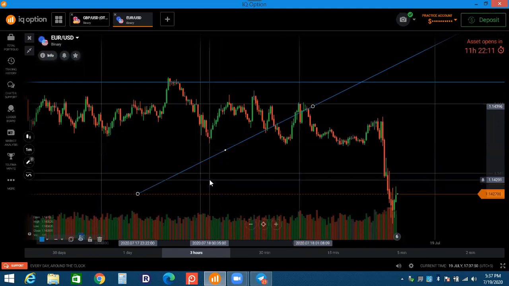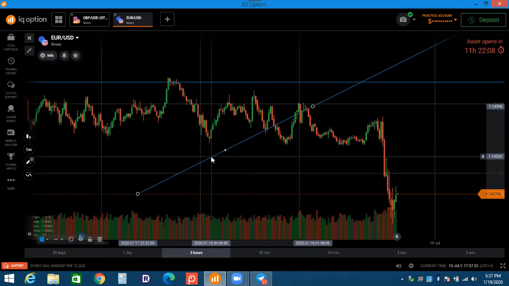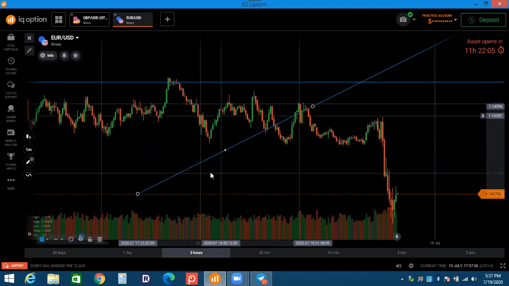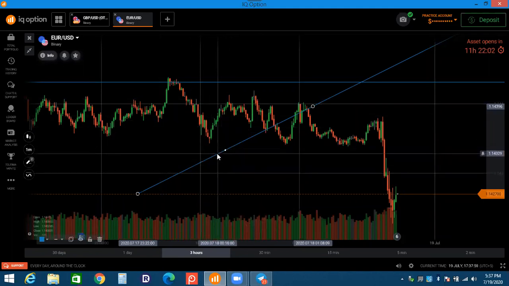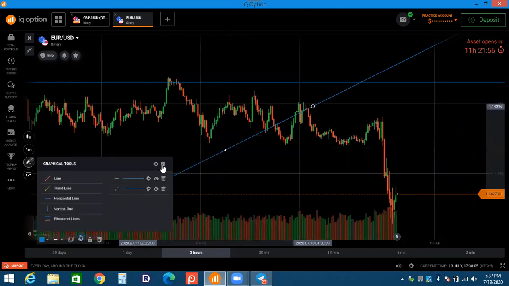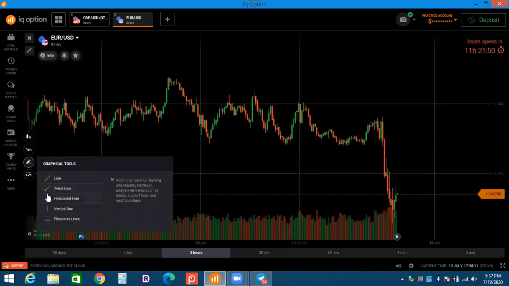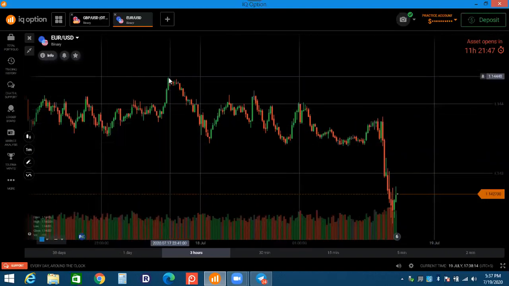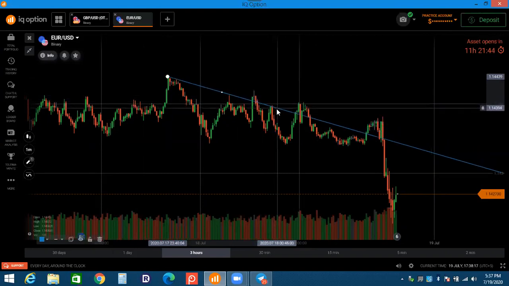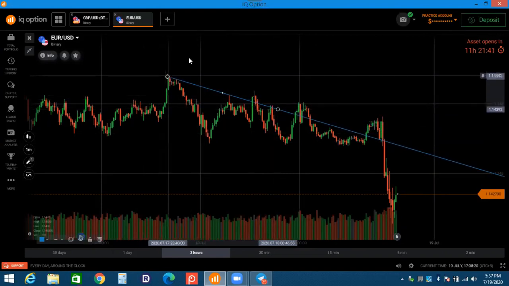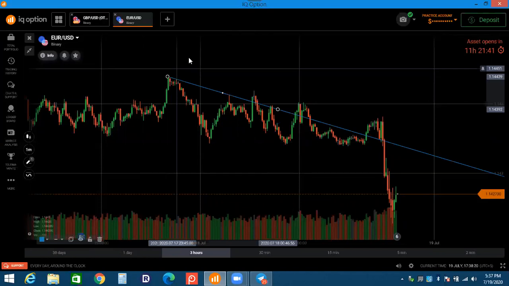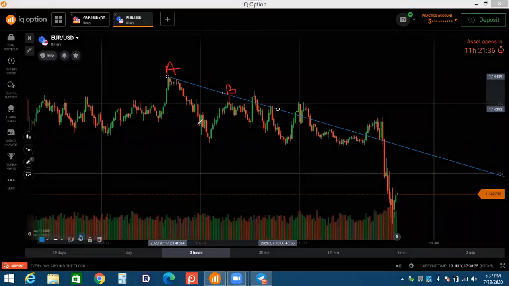And I will share the other strategy of the trend line with you. Before sharing support and resistance, first I'm going to share this trend line strategy: how you can understand the trend line and how you can take a trade for 5 minutes. You only take 2 points, point number A and point number B. This is point number A and this is point number B. When the price comes and touches the trend line, we can say that is point number C.